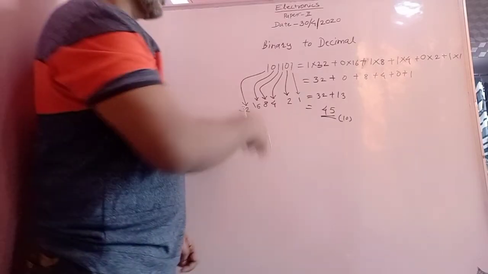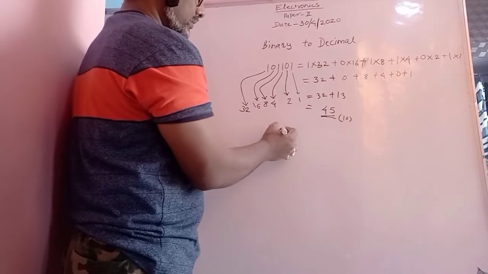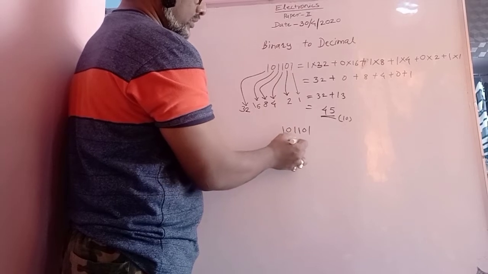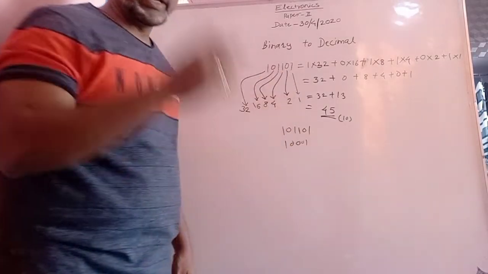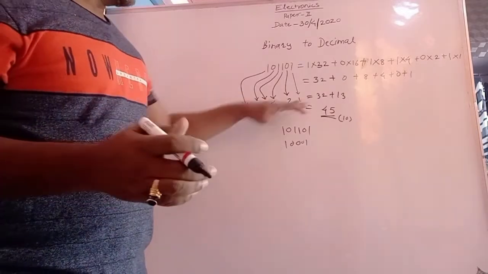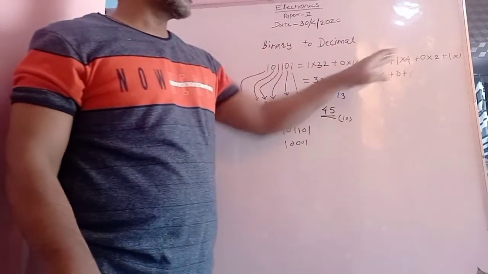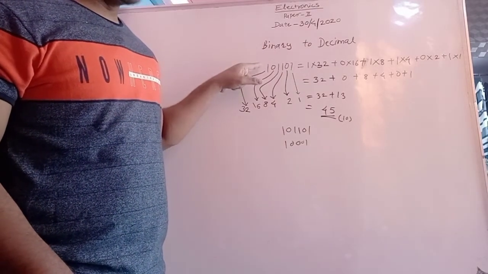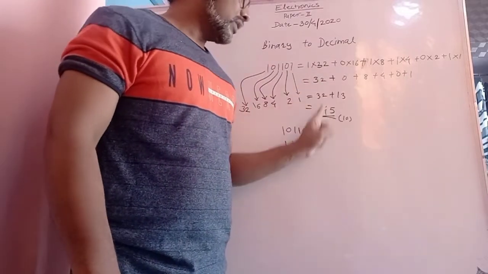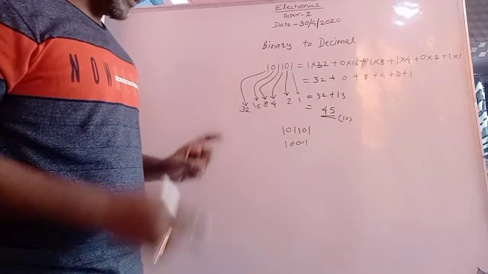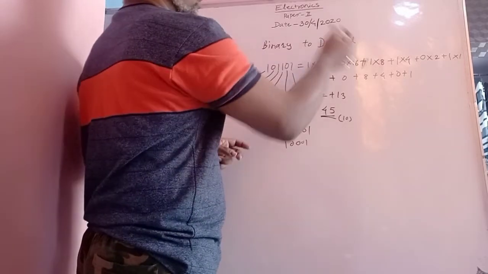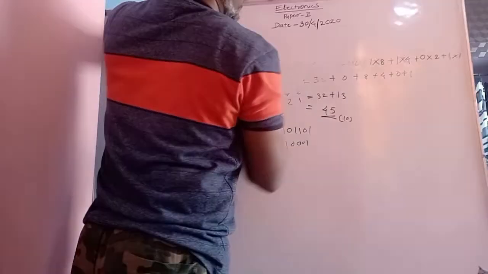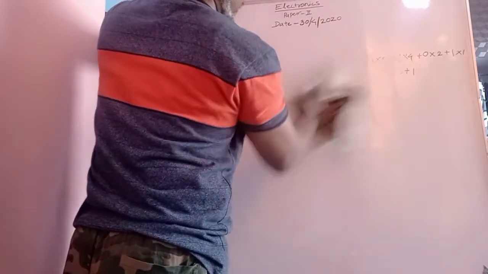Okay, so you can solve too many examples with any number. So like this one or 10001. So like any number, you can convert binary into its equivalent decimal form by using this method. Just what you have to do is multiply each bit by their weights, then add, you will get the equivalent number. Okay, fine. So this is binary to decimal conversion. Then we go for the reverse conversion.